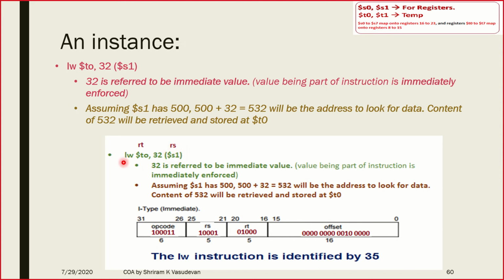This can never happen. So load word T0, 32 of S1, where S1 is nothing but 500 or 100 or whatever content inside. I'll add it along with that, and then I'll push the content into the T0 register. This is a very, very important point to remember, and we will talk about store word a little later, not now. So remember, load word is all about retrieving content from a memory location and pushing it onto a register. But the memory location cannot be directly accessed. Instead, we have some immediate value here along with some value inside this register. We take both of them together, we add it, we get a final value, and that is nothing but the memory location. Go there, retrieve the value and put it onto T0.